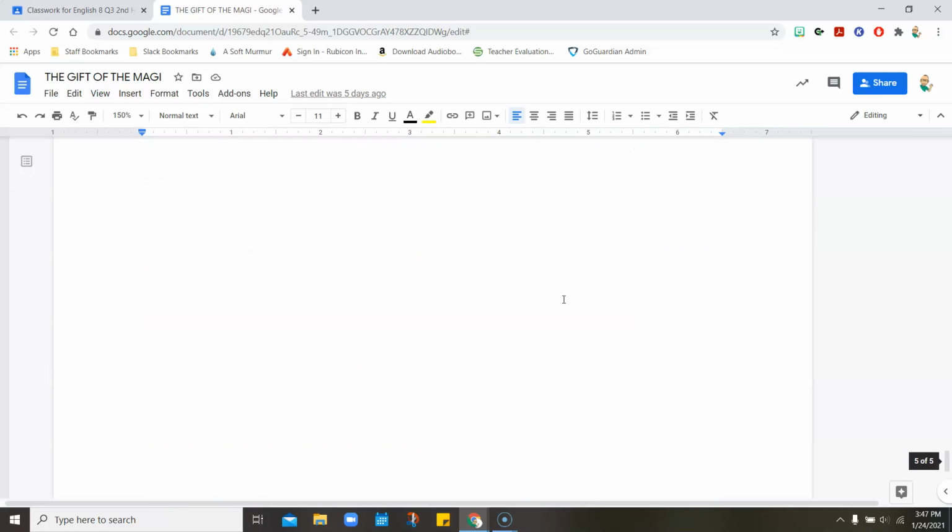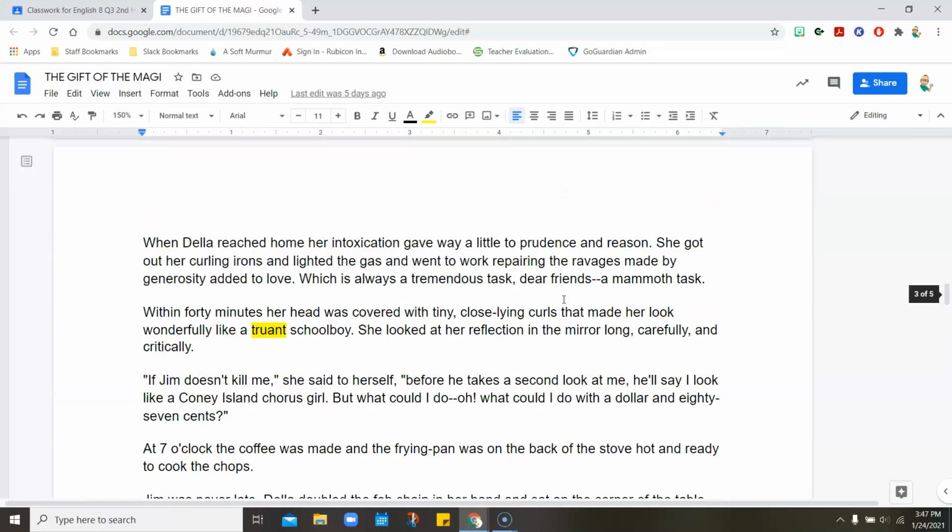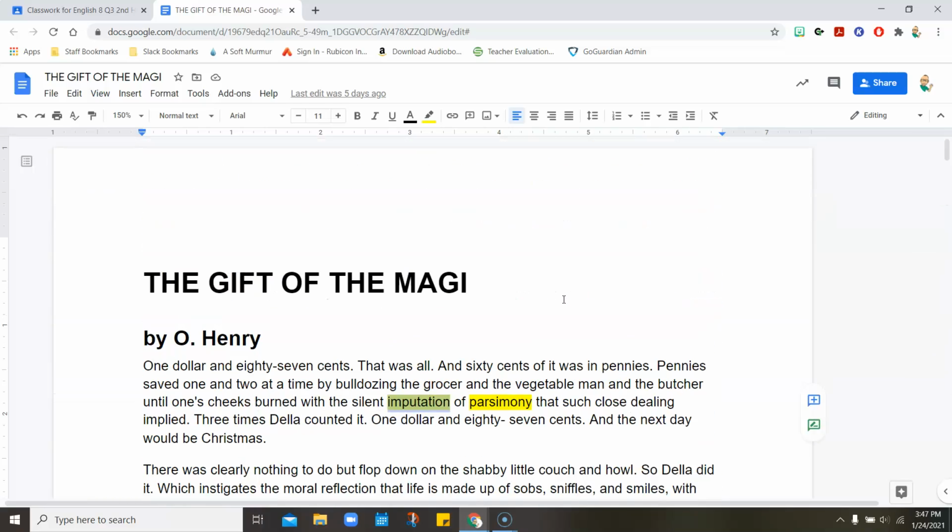So it is a short story. Okay, so it's 5 pages long, which, if you're comparing that to a 153-page novel, it's a short story. So first step, read The Gift of the Magi. So I'm going to have you guys go ahead and do that. All right. Once you're done that,